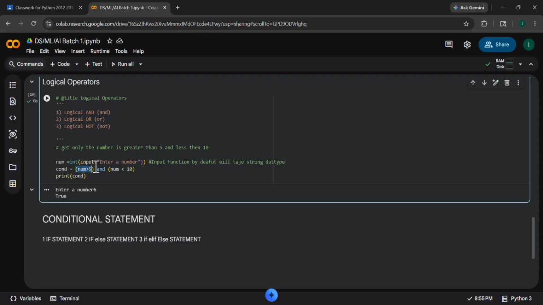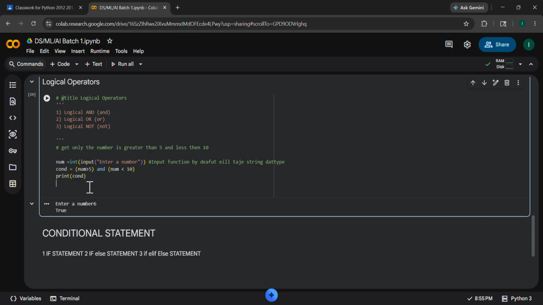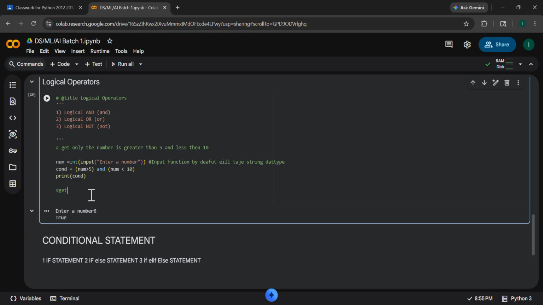Then if both conditions are true, the output is always true with the AND operator. Okay, and the next is the OR operator: with two conditions, we get the output as true